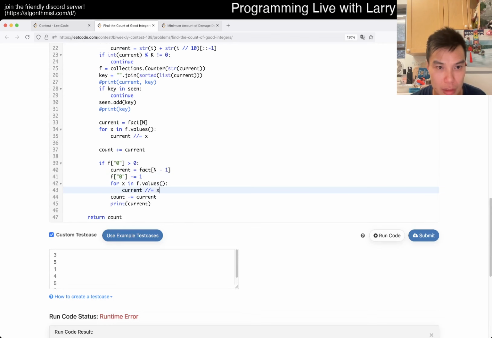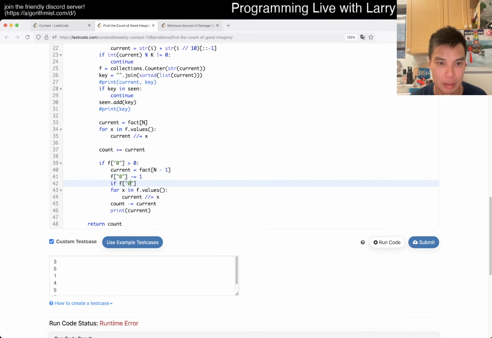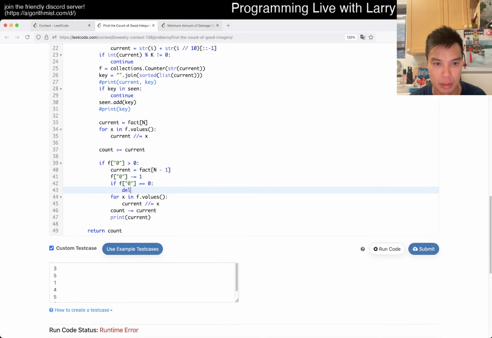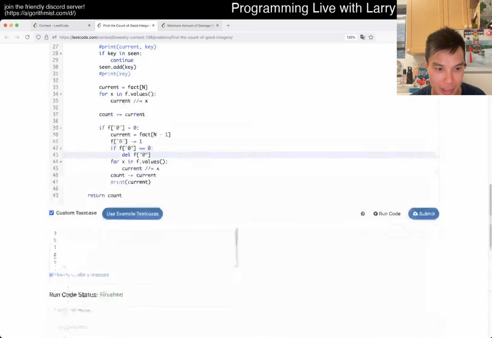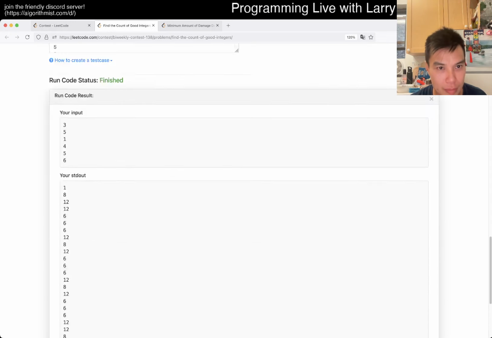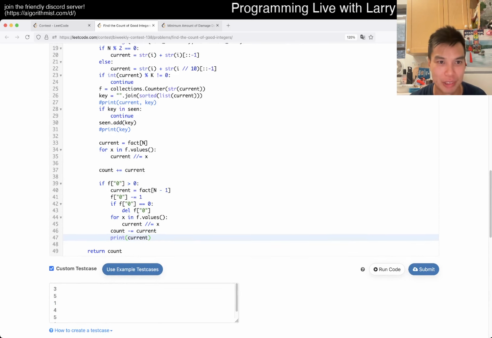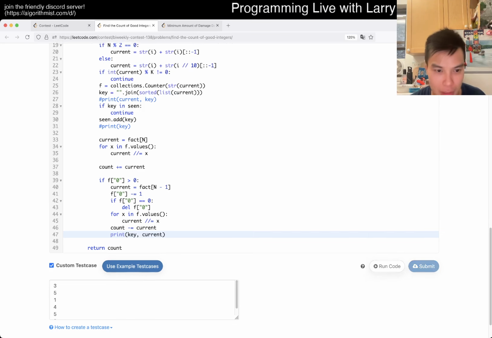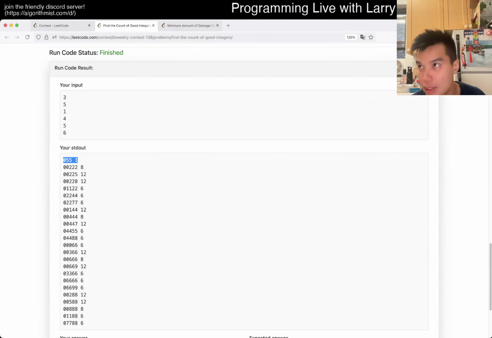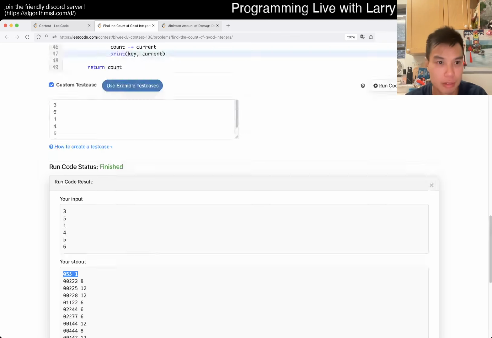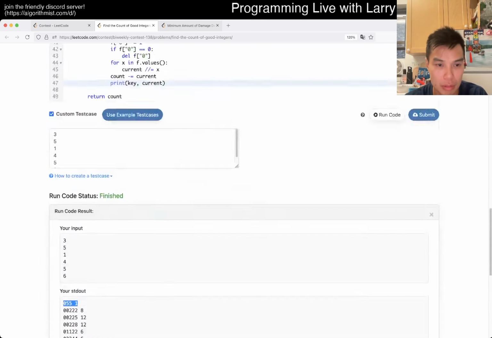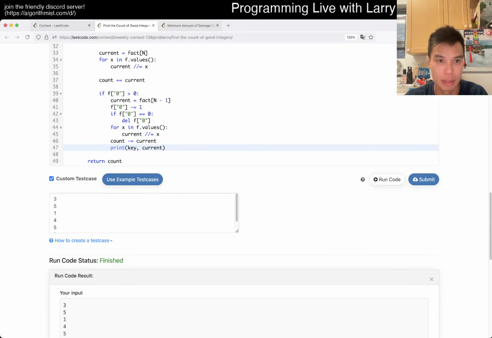Current x, so it's only for this one. So if, this is such a hack now. That is actually surprising. In that, okay, I reused current too much, but okay, we just do a key. But okay, so that makes sense that it is 1. So okay, so 505 is good, but